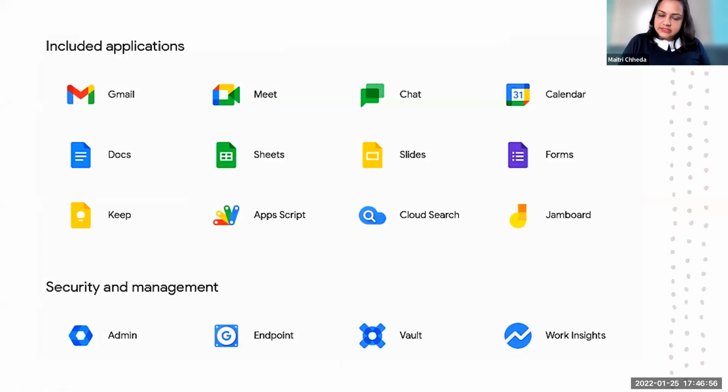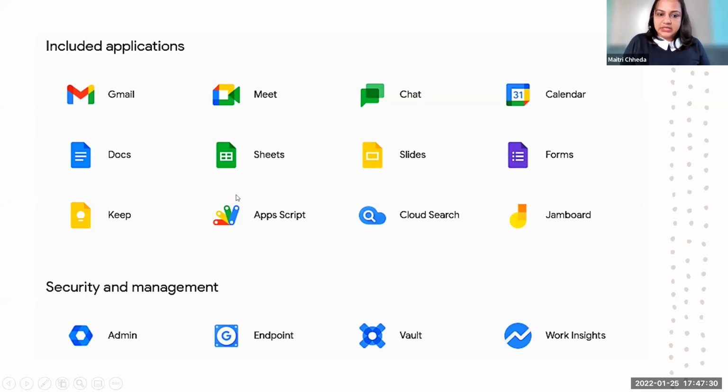The included applications in this Google Workspace umbrella would be the email client Gmail, Google Meet, Chat, Calendar, Docs, Sheets, Slides, Forms, Keep, Apps Script, Cloud Search, and Jamboard. Security and management features would be Admin, Endpoint, Vault, and Work Insights. Now, in the free version, the basic version which everybody is mostly using, we get these overall programs.